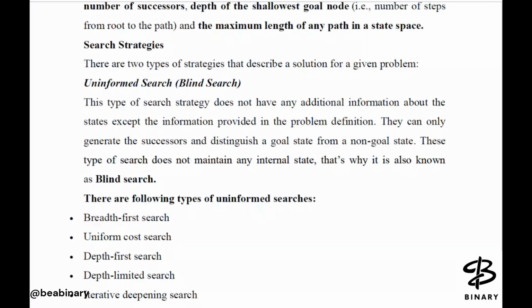Why blind search? Because in this there is no additional information present, right? We are not using any additional information about the problem. We are just understanding what the problem is, and we are checking each and every step, all the possible states, blindly until we find the goal state by following the various search techniques. So this type of search strategy does not have any